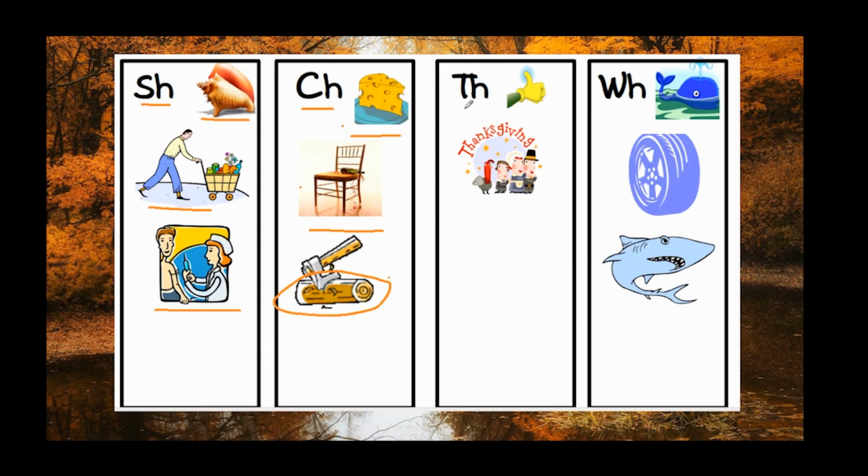So moving on to our next one, we have that TH category we were just working on. Well, I don't think I added anything new to this one, but we do have thumb and then Thanksgiving. So thumb, Thanksgiving. I hear that TH sound. All right, moving on to the last category. This might be the wrong one, but let's take a look here. We have W for WH. So we have whale, wheel, and then,